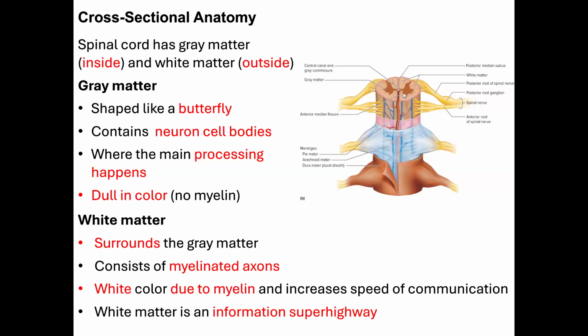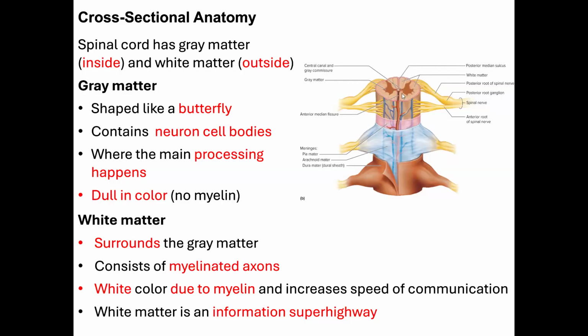So what is gray matter? Gray matter is a collection of the cell bodies of the neurons. You know, the neuron has a cell body and an axon, right? A collection of the cell bodies is the gray matter, and a collection of the axons is the white matter. Why is it white? Because it's got myelin. The axons have a myelin cover, and that cover is what gives it the white color. So you have the gray matter and white matter.